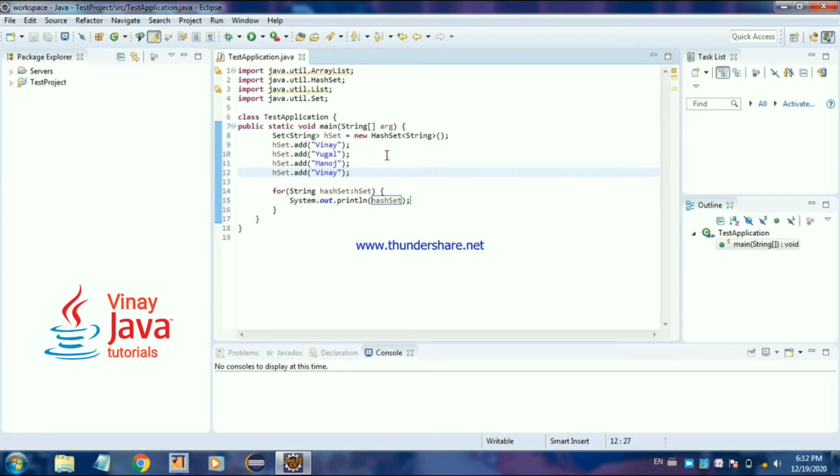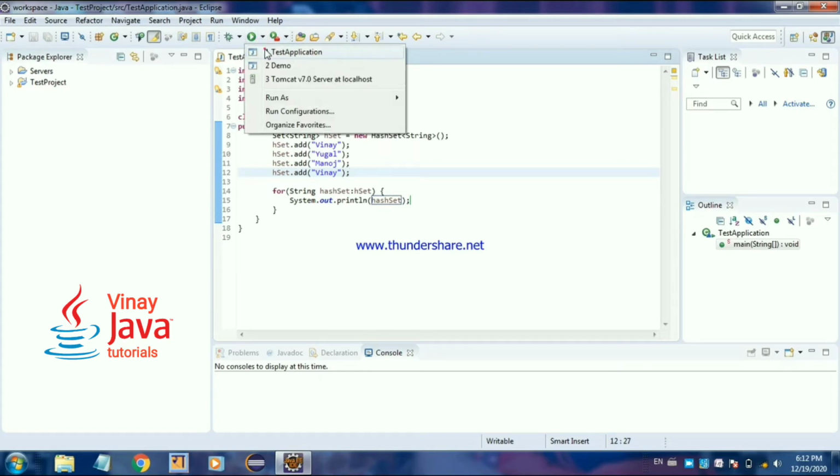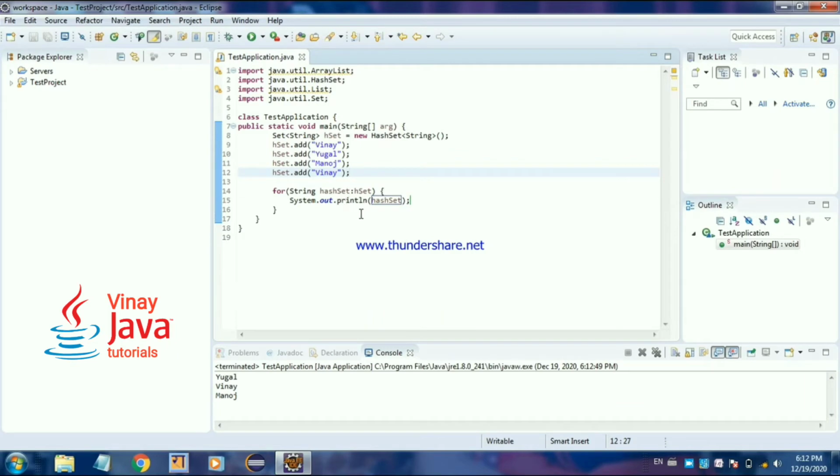Let's run this application also. Test application is Java application. See what I get. First of all, I told you in the previous video that hash set does not contain the duplicate elements. So there were 3 elements, and after that I added duplicate as Vinay. So total are 4, but I got only 3.